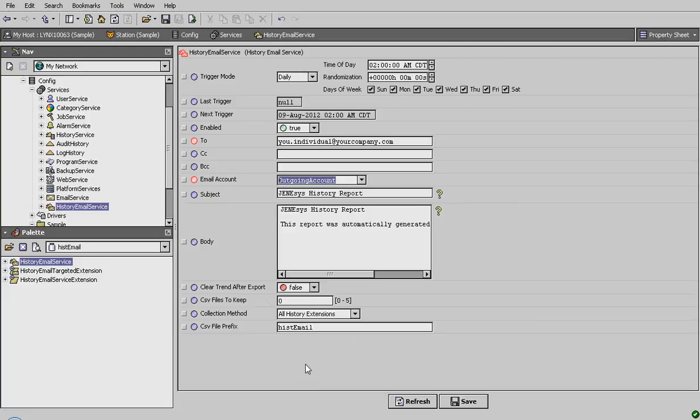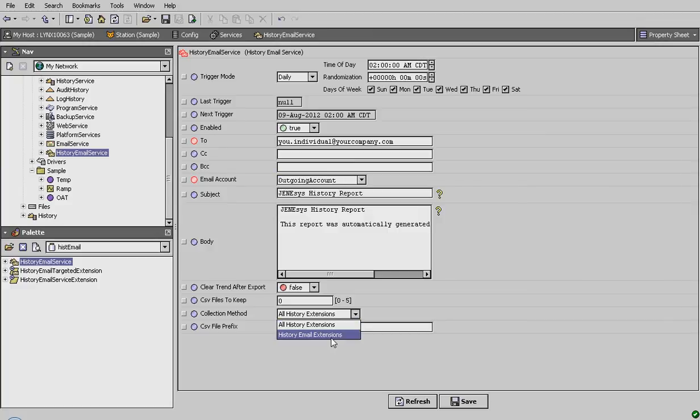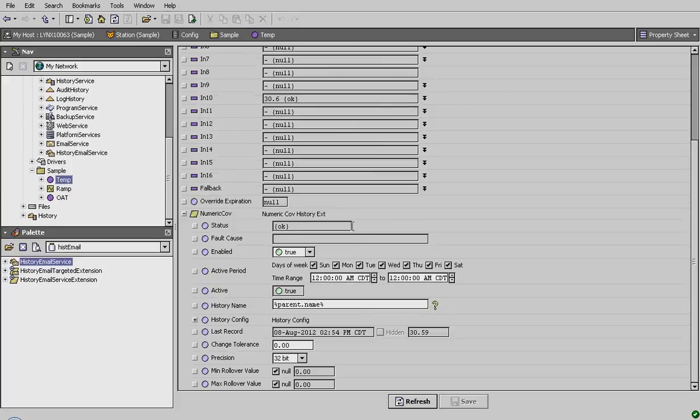You want to clear it, all the same kinds of things that were in the targeted extension, but this refers to the whole system itself. Okay, so that by itself, though, doesn't know which histories to send unless you tell it to do all history extensions, regardless of whether we told it to send them or not. It just picks anything that has a history extension on it and sends those. Or you can say just those that have our history email extension. What that part means, let's save that, is when we go to our point,